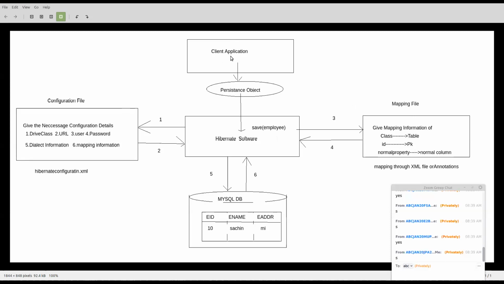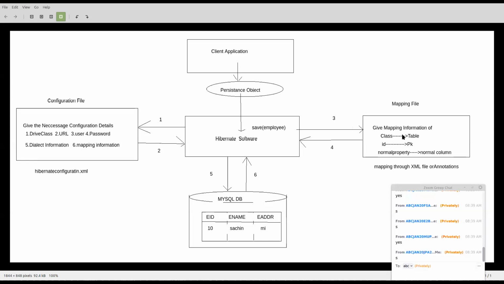The first step in the client application is activating the Hibernate software. Sir, what is the meaning of activating the Hibernate software? Activating the Hibernate software means that it will go to the configuration file and pull all the information the programmer has specified there, and internally keep that information. Today I will speak more on this. At a macro level, I had given you the architecture. And now, once this is done,